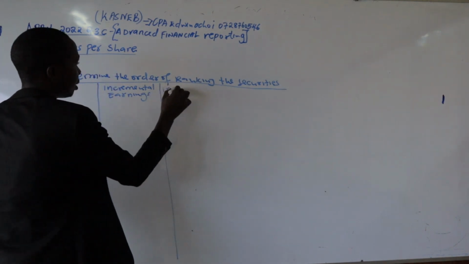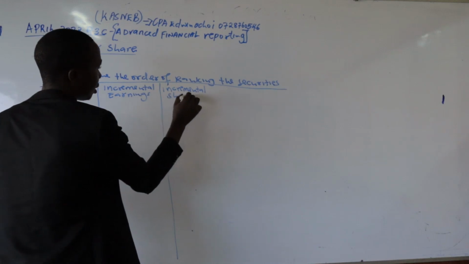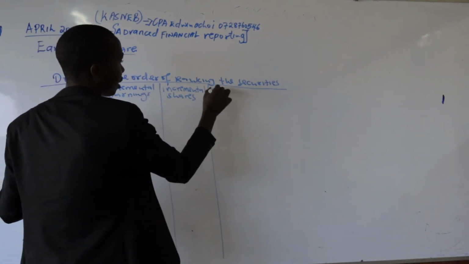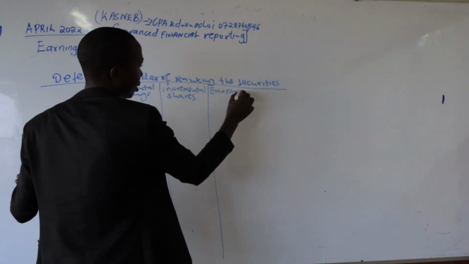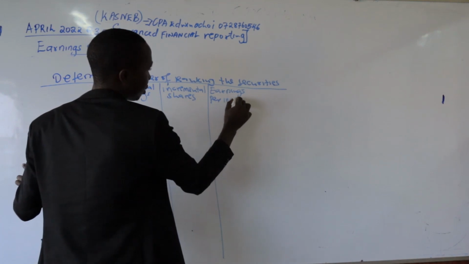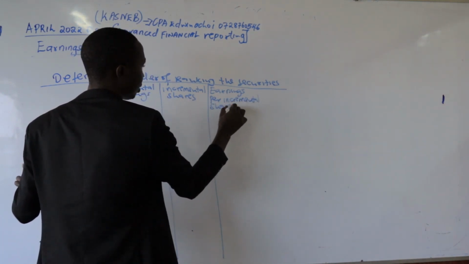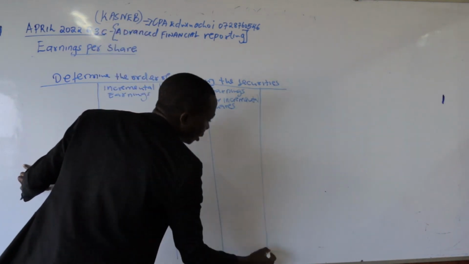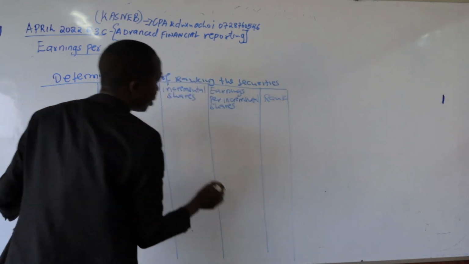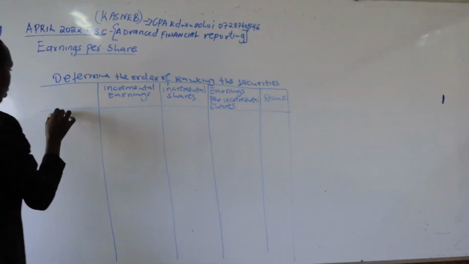So we have incremental shares, then we have earnings per incremental share. Then we do what? We rank. We do the ranking. So we start from stock options,